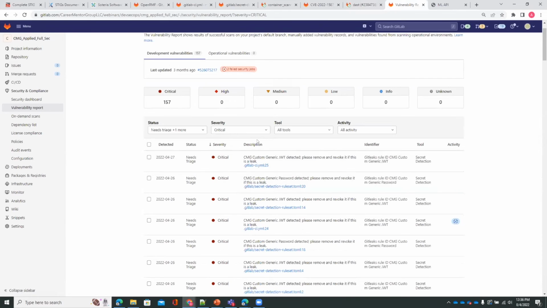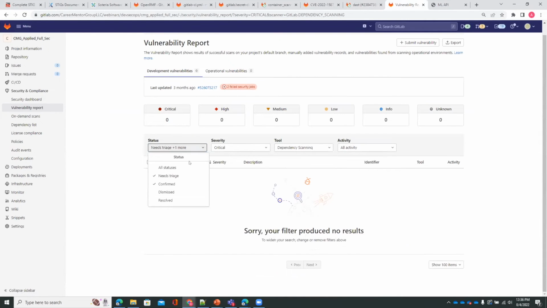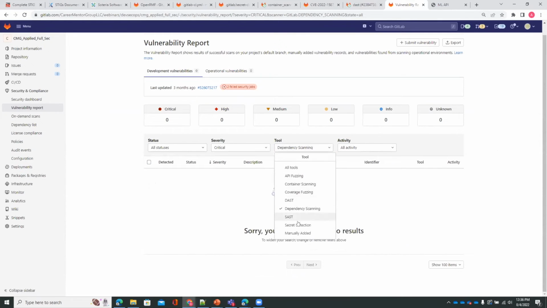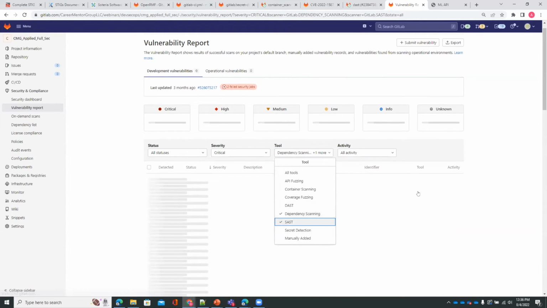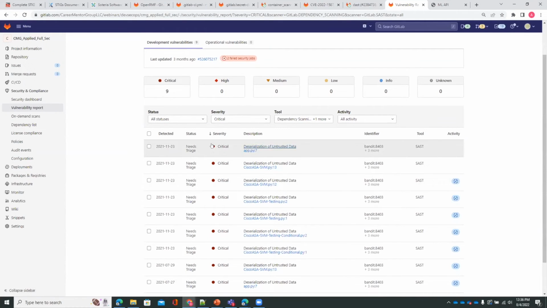And then from there, since we already know secrets, we don't really care about that. Let's go look at DAST and see if we found anything. Okay, nothing. Container scanning, this is a different environment. Nope, nothing. And then dependency scanning. And we'll change this back to all status. So here we found that there was a critical finding in the static application security testing using the Bandit SAST tool